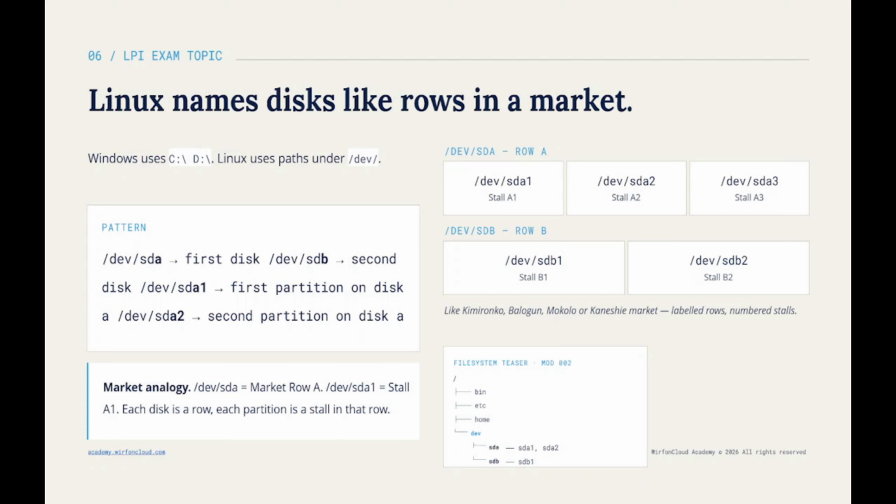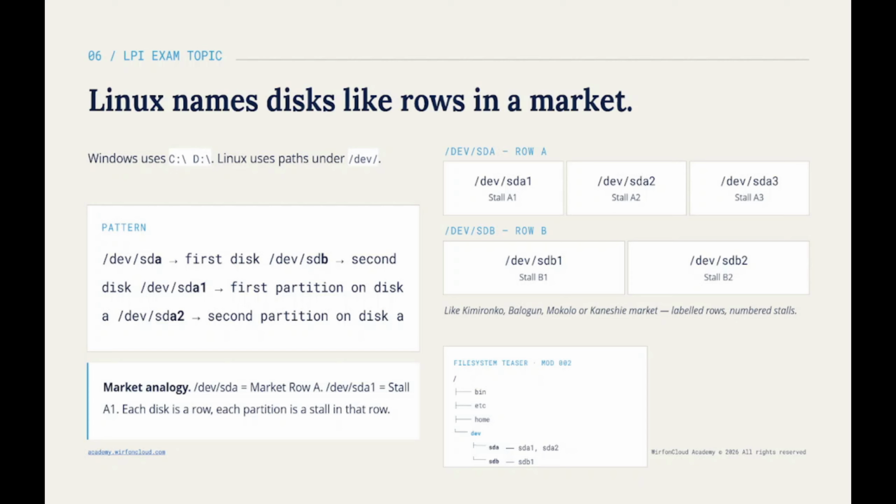Now, eyes on me. The next thing I'll tell you will be on the LPI exam. Linux names storage devices in a very specific way. Windows uses C drive, D drive. Linux, on the other hand, uses /dev/sda for the first disk, /dev/sdb for the second, /dev/sdc for the third. Partitions get numbers: /dev/sda1 and